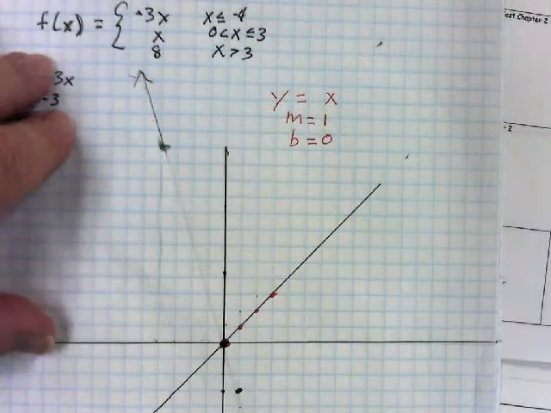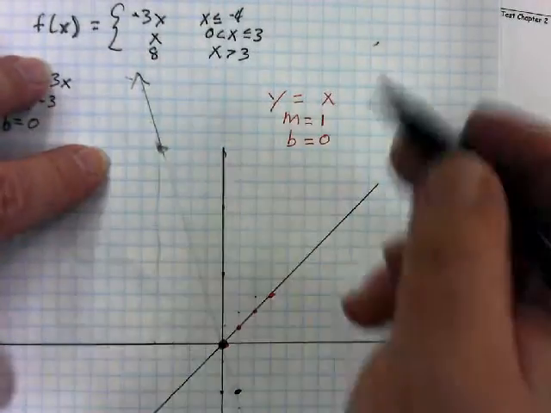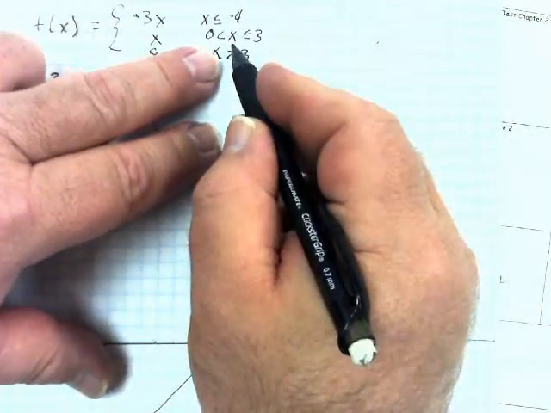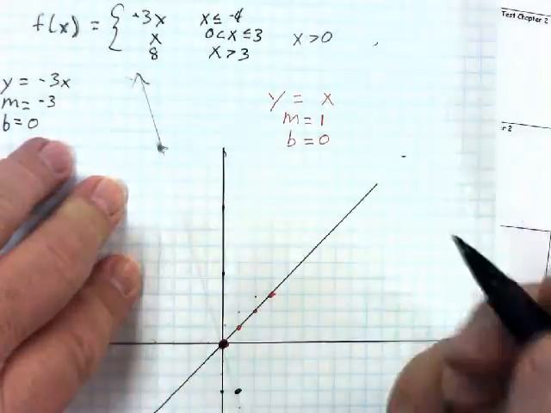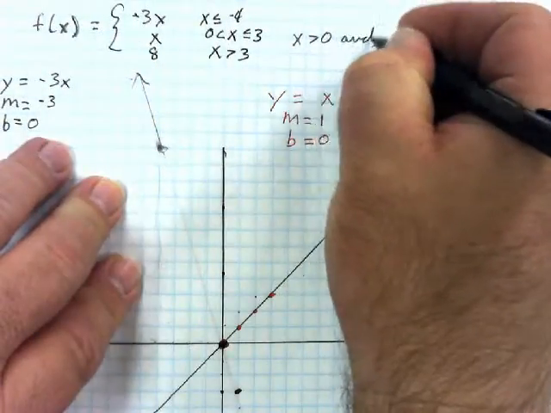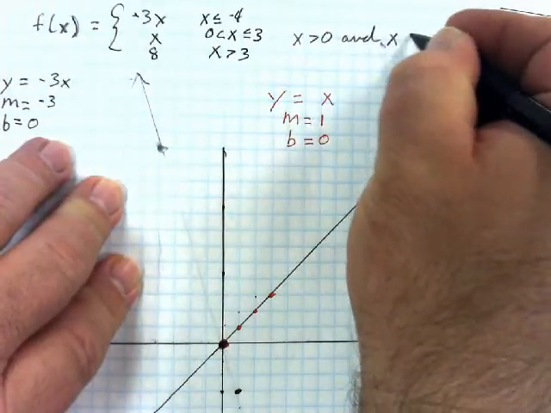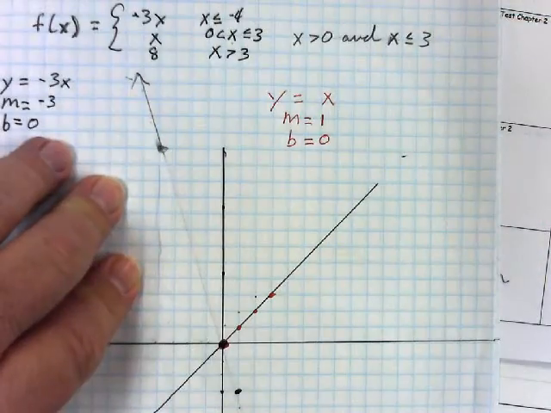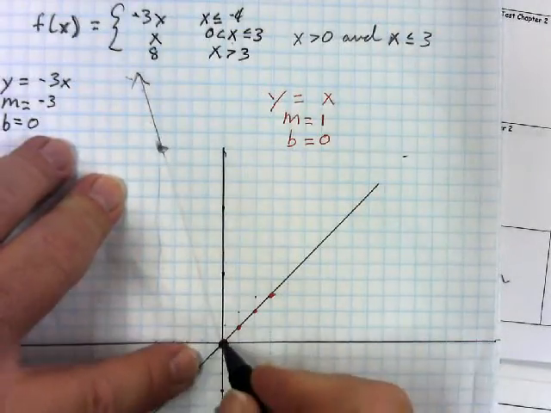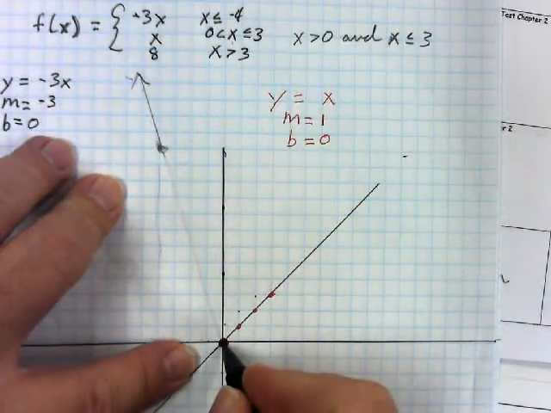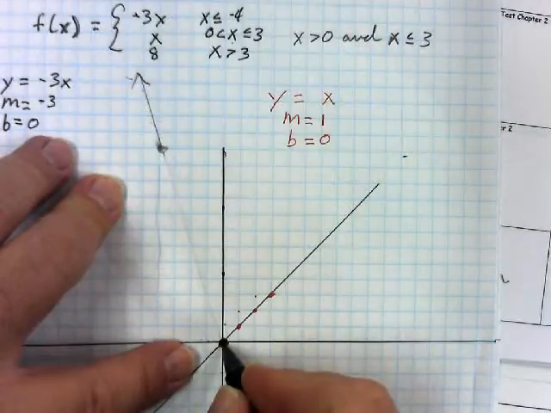Restriction. I don't like the way this is written, but this actually means that the x is going to have to be greater than 0. At the same time, the x has to be less than or equal to 3. So between what two x values is my graph going to exist? 0 and 3. Well, 0 is right here. Will that be a closed dot or an open one? Open. That means all of this,